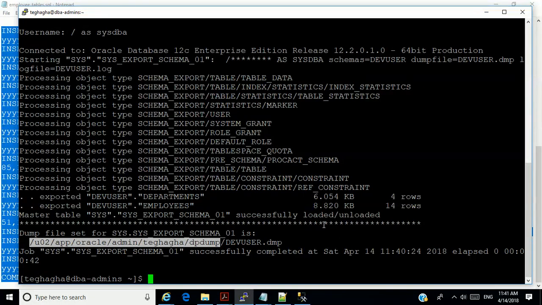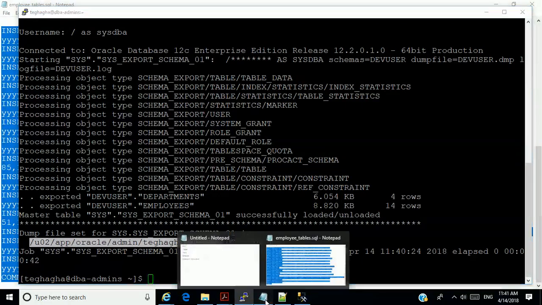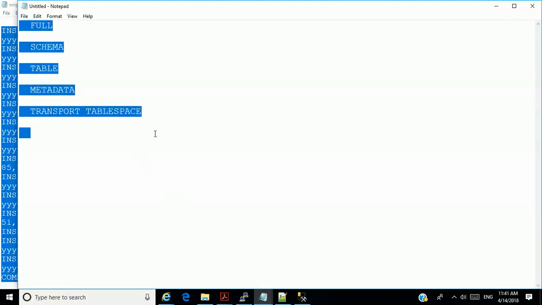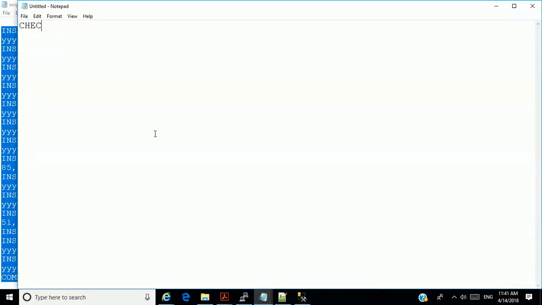Now, I'm going to tell you the first steps, okay? Before you do an export, remember first of all to check the size of the export, okay?